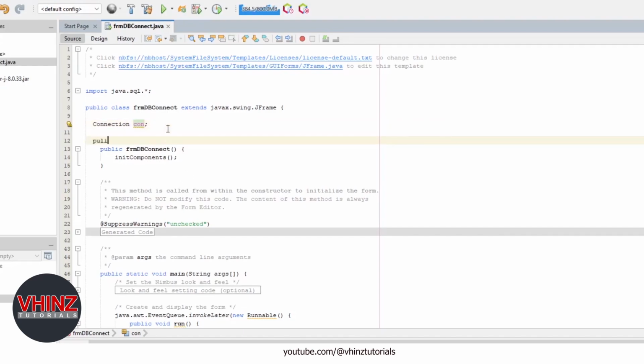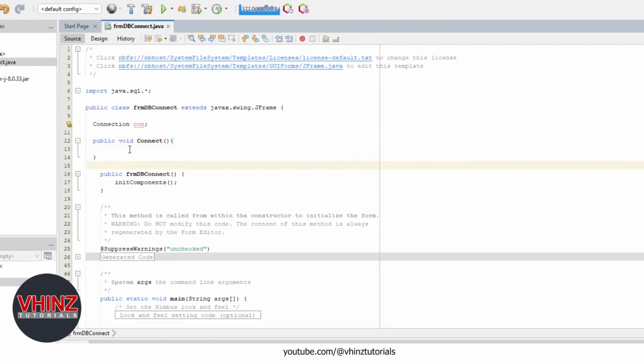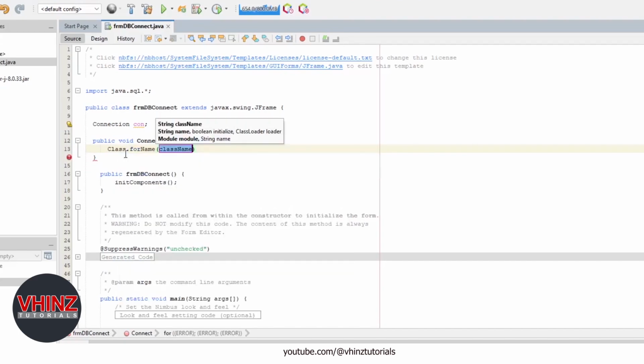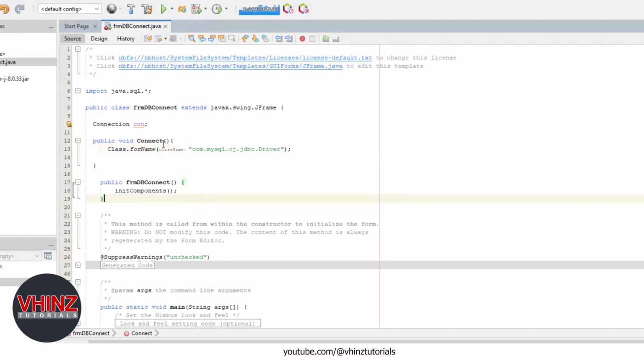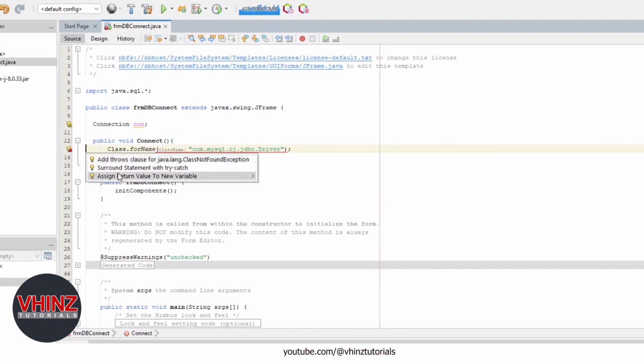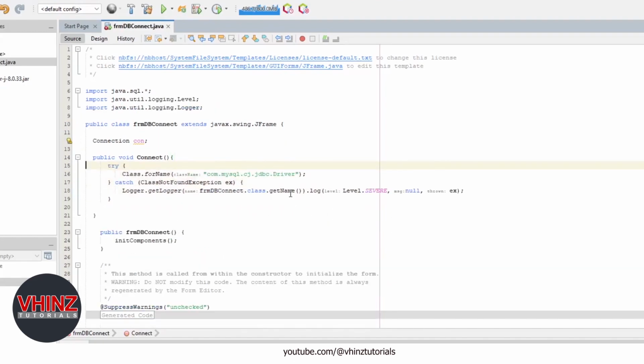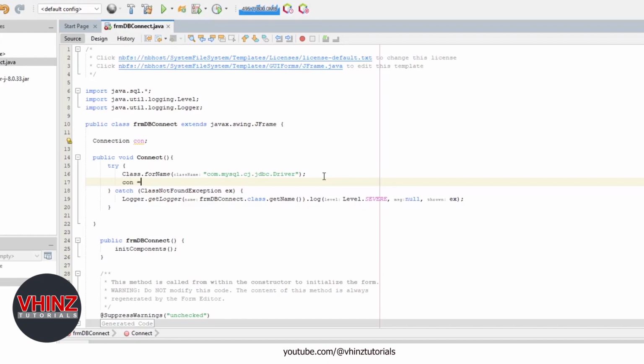Then I'm going to create a method, public void connect, and type in Class.forName. So we're going to write here the MySQL driver, com.mysql.cj.jdbc.Driver, semicolon at the end. Then click on this icon, then surround statement with try-catch, and con equals to